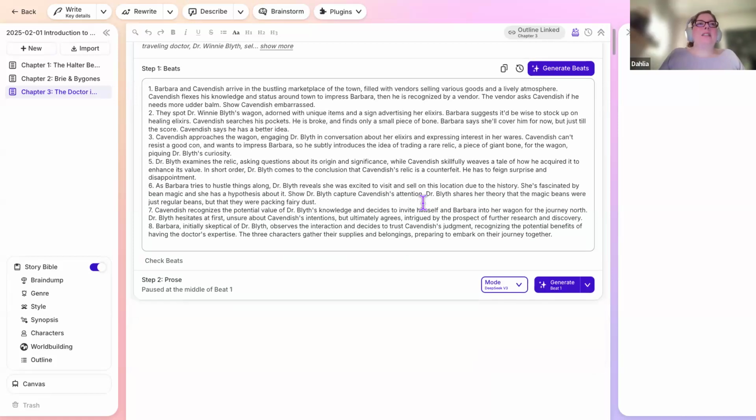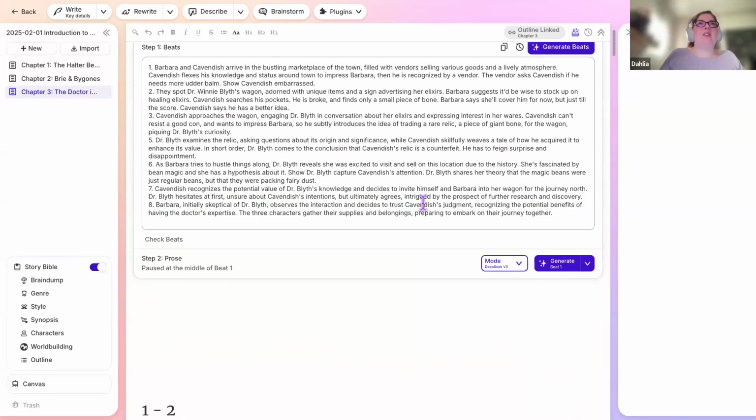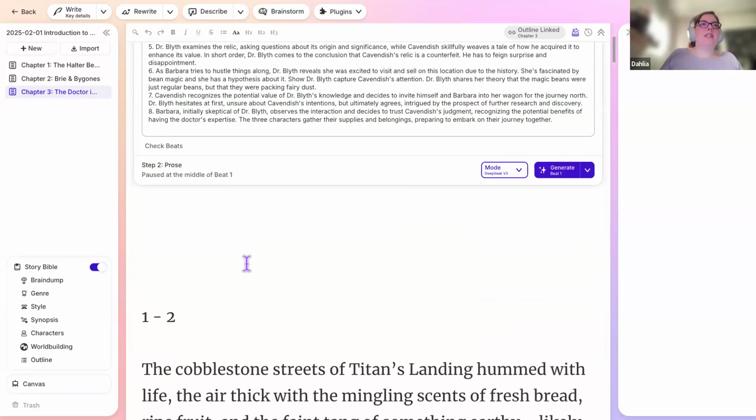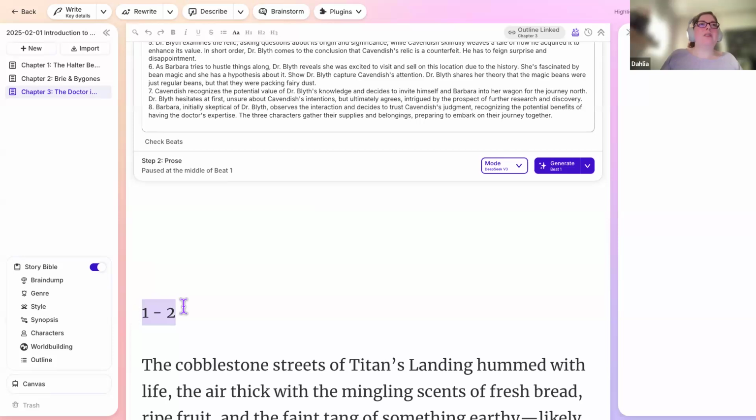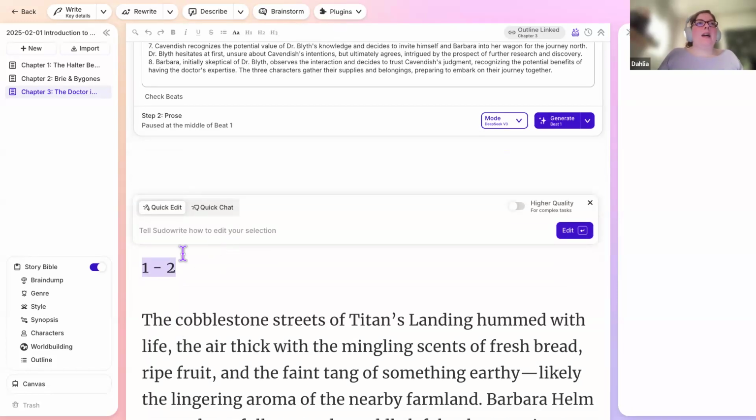So now we had a little look at how our chapter generator writes. And as you can see with this little numbering here, it always writes in strides of 2 beats. And now I accidentally already showed you a different feature I wanted to show you today. That is quick edit and quick chat,